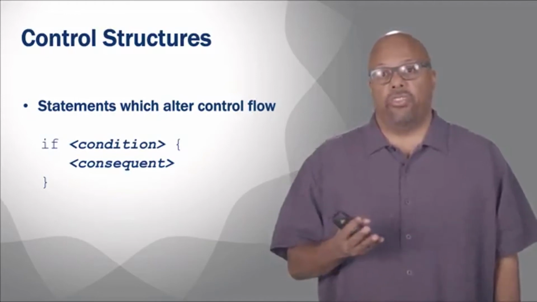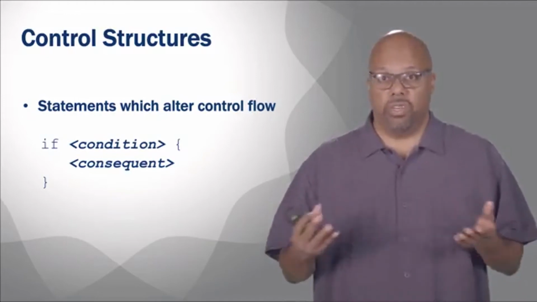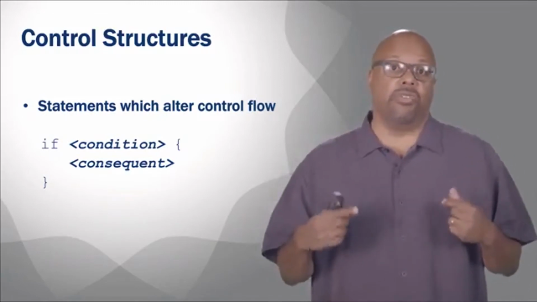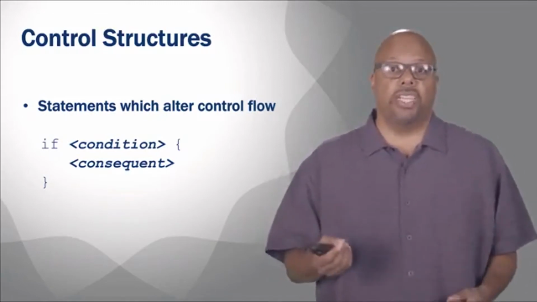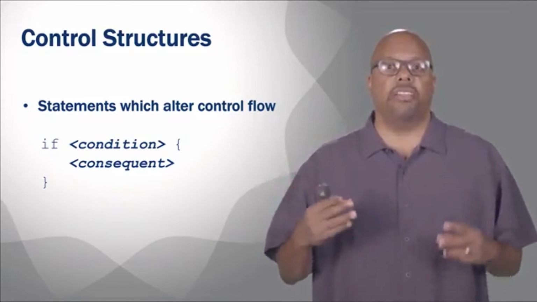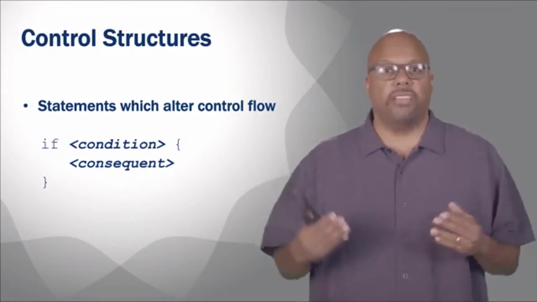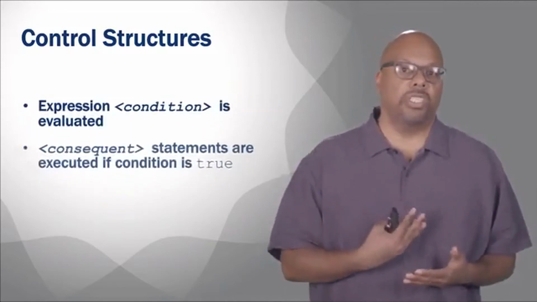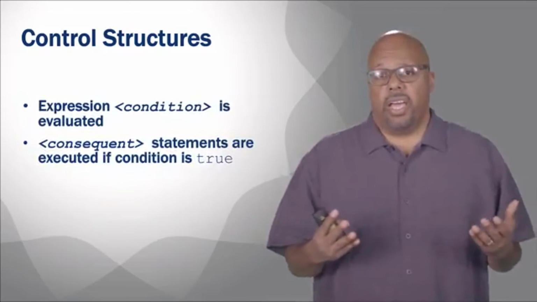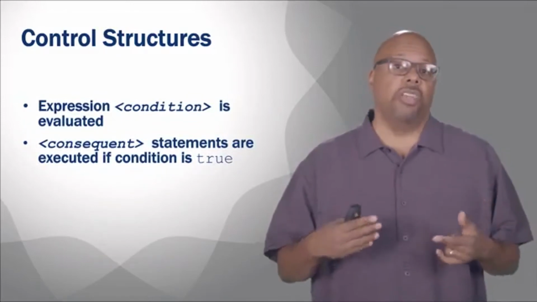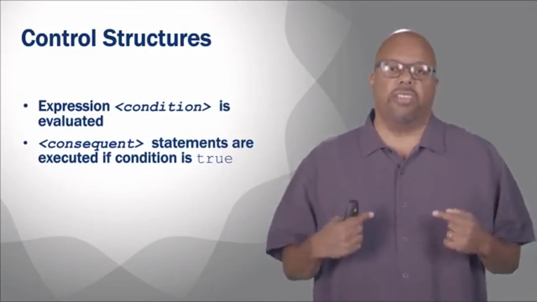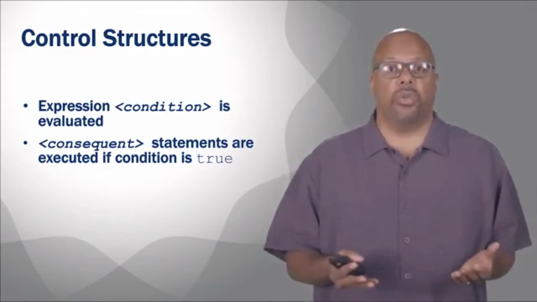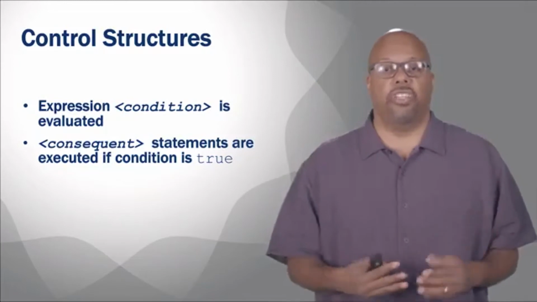So the structure is just if condition. You write some condition in there, x greater than 5, something like that. And this condition has to evaluate to a Boolean, right? If that condition is true, then whatever's inside the curly brackets, labeled consequent there, is executed. And you can have any number of statements inside there, and they'll be executed if the condition evaluates to true. So this changes control flow because instead of just definitely executing the next statement one after the other, it checks this condition. If the condition is false, then the statements in the consequent are not executed at all.